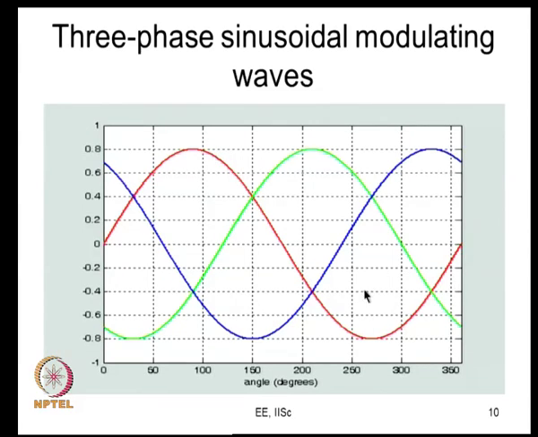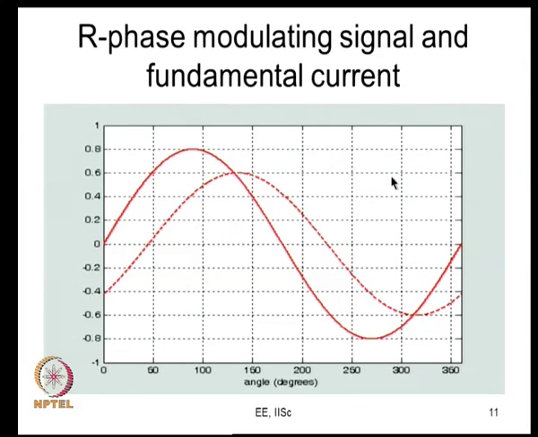So, I am considering sinusoidal modulating signals. There is some voltage VDC, and I am considering some sinusoidal modulating signal. Incidentally, let us say 1 and minus 1 are the positive and negative peaks of the carrier, the modulation index is 0.8, the sine peak is 0.8 times the carrier peak here. So, this is sine triangle PWM, you have 3 sinusoidal signals for R, Y and B phases. Now, this is being fed to a load. The modulating signal actually represents the fundamental component of the voltage applied on the load, R phase